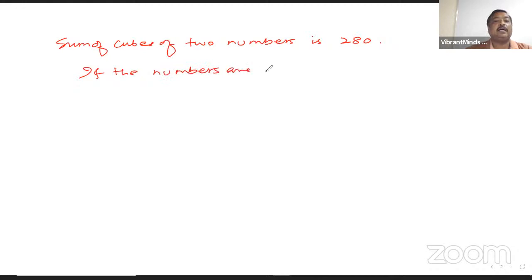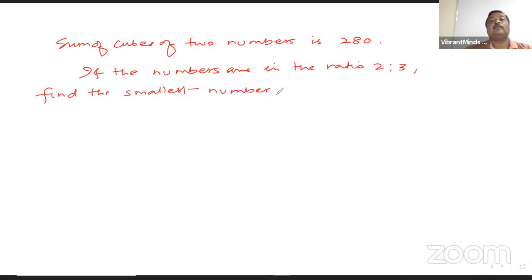If the numbers are in the ratio 2:3, find the smallest number. Now see, since the numbers are in the ratio 2:3, I will write the numbers as 2x and